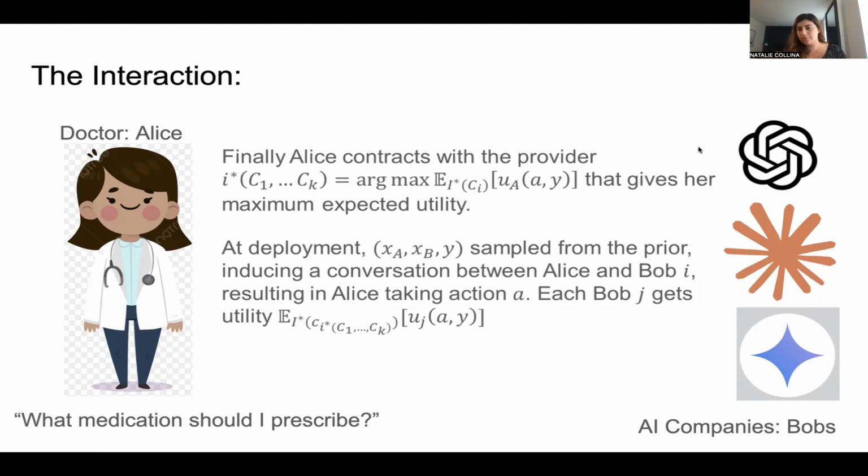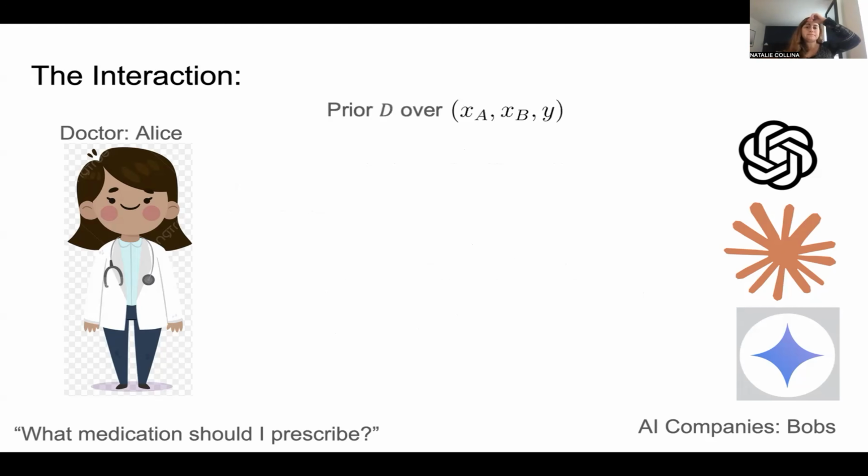Why is she learning something? Because the conversation rule of that Bob is potentially correlated with their hidden information, right? And that hidden information is correlated with the state that she cares about. So this is just the mathematical foundation for saying that when she asks an AI model about a question she cares about, she should learn something about it. Okay.